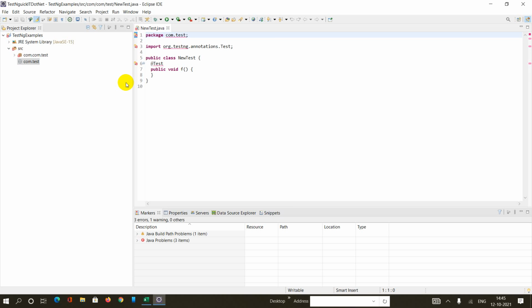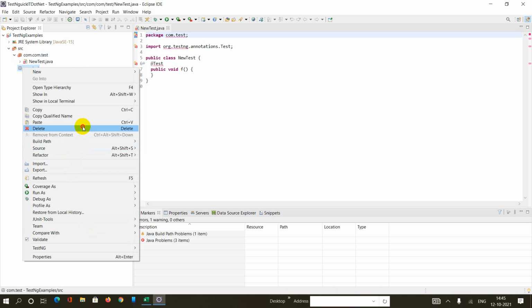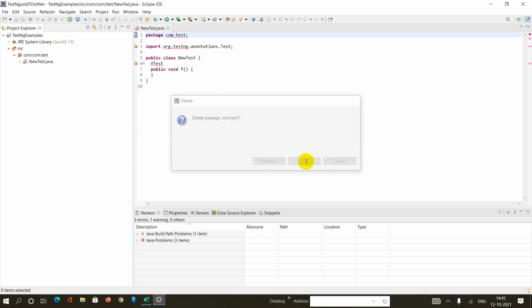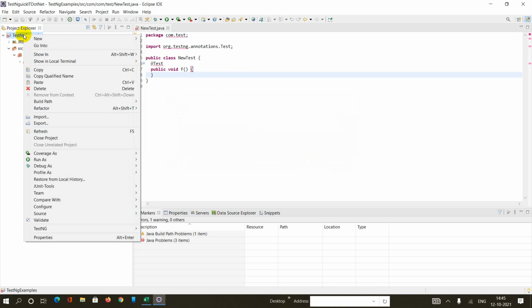Can you see, here the class has been generated. You need to import the TestNG library. So how can you import it?